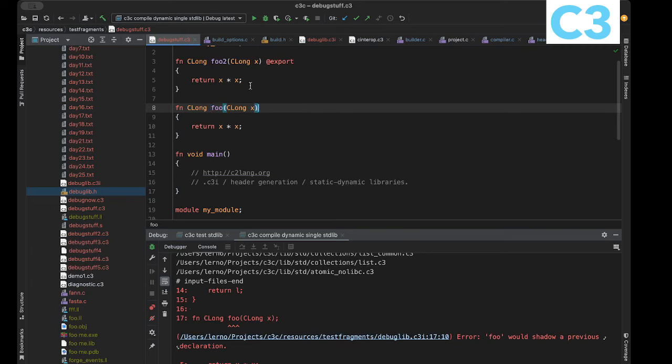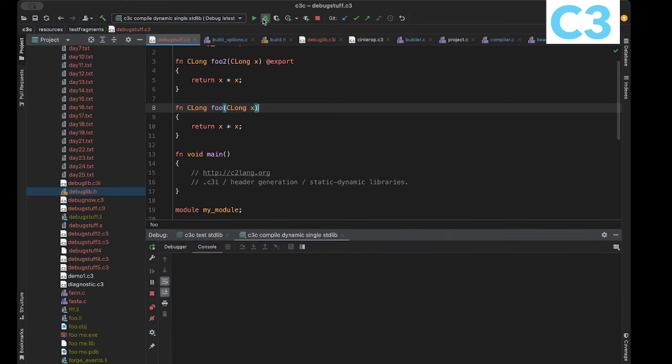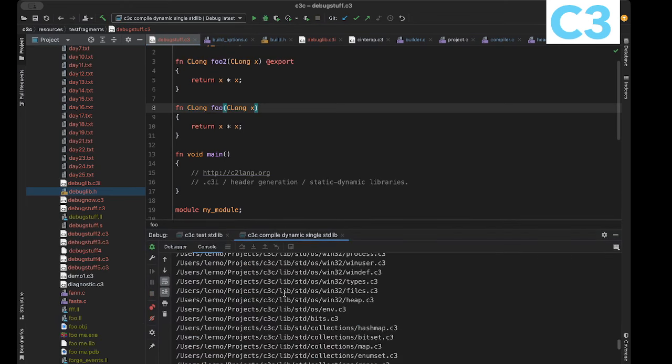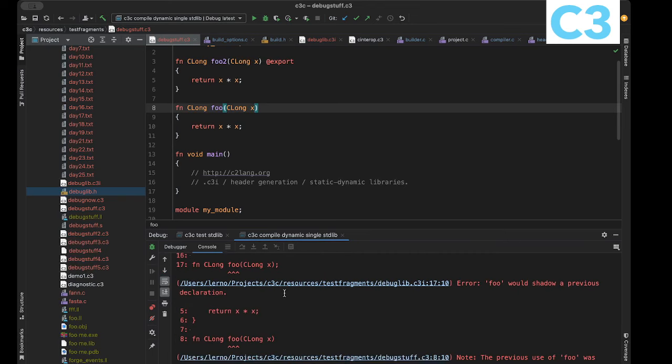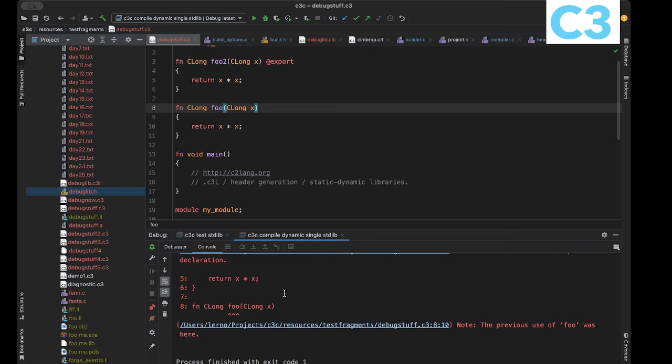I can remove the export here. Perhaps. So what we want to do is make this work. So the c3i file suddenly becomes something else, and that's tricky, to be honest. That's tricky. It now has two meanings,